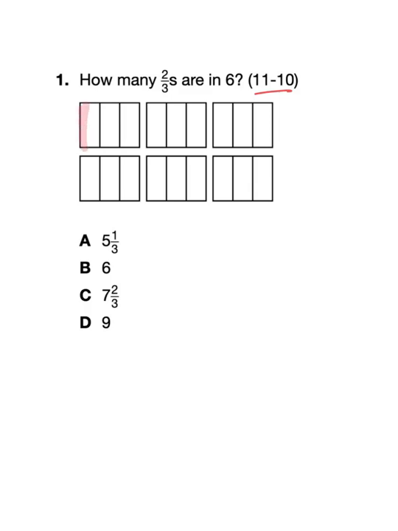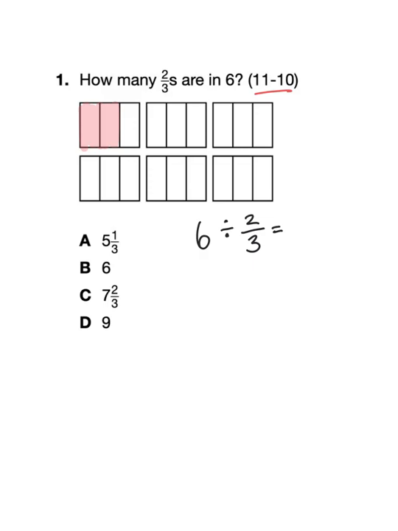Okay, so we're looking to count groups of 2/3. So I want to count 2 out of every group of 3 and figure out how many I end up with. So the first thing we're going to do is write an expression that represents the question. We're going to solve 6 divided by 2/3. Now, in order to solve this expression,